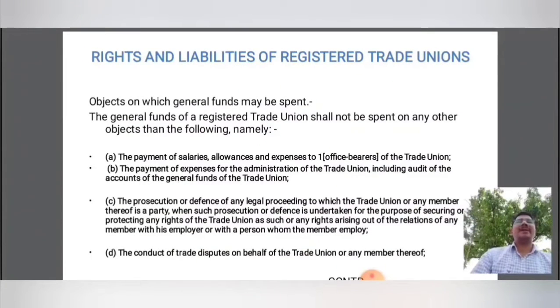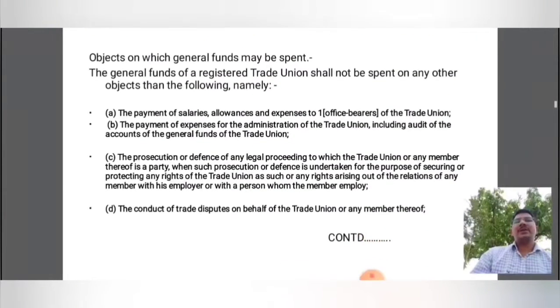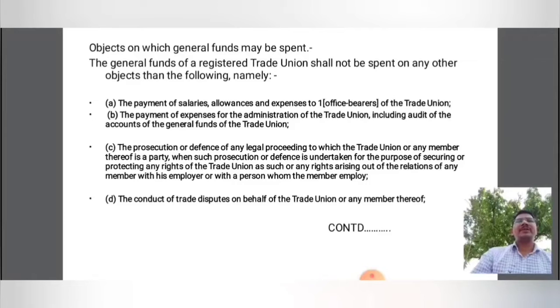To understand the rights and liabilities of registered trade unions, we need to understand the objects on which general funds may be spent. The general funds of the registered trade union shall not be spent on any other objects than the following. Under this particular Trade Union Act, there are certain provisions which have been made for fund generation and fund spending. The first and foremost is the payment of salaries, allowances and expenses to office bearers of the